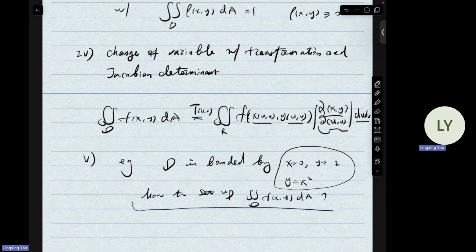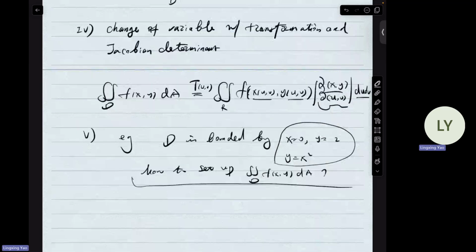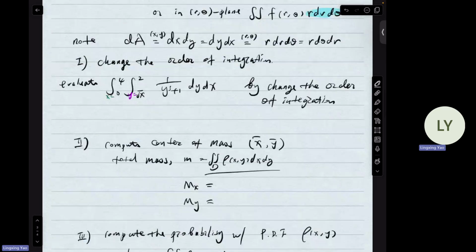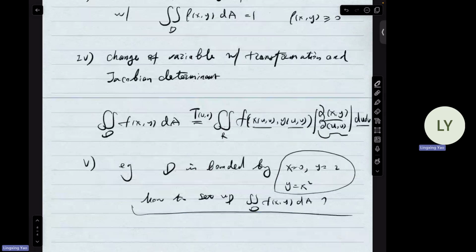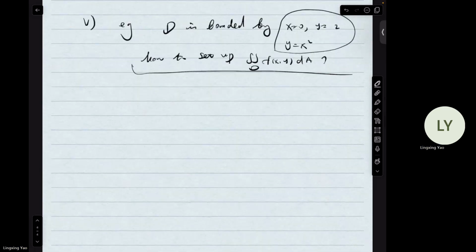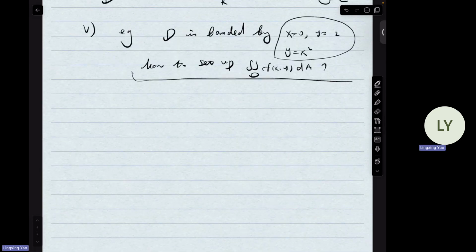This is the kind of question we could possibly see in the context of problems related to a double integral. All right, and then later, after we talk about the double integral, we are looking at the triple integral for sure, right? Topic 2, which is triple integral,